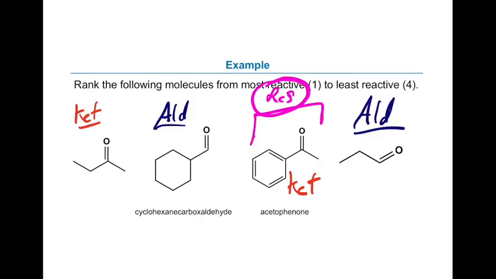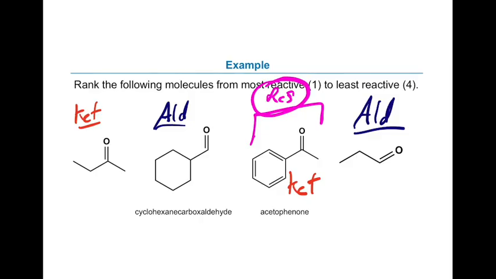So what you've just done is you've stratified it. I no longer am trying to rank 1 versus 2 or 1 versus 4. I can now split them into 2 binary comparisons. Aldehyde versus aldehyde, ketone versus ketone. All the aldehydes will win before all the ketones. We'll start with that. Okay, so now we've got 2 aldehydes and we say they are more reactive. Which one wins? Aldehyde 1 in the kind of space 2 versus aldehyde 4. 2 versus 4, who do you think wins?